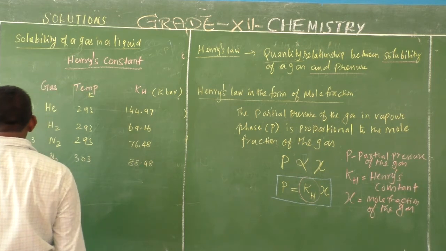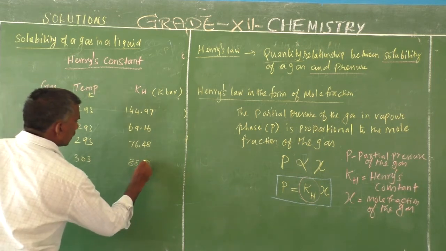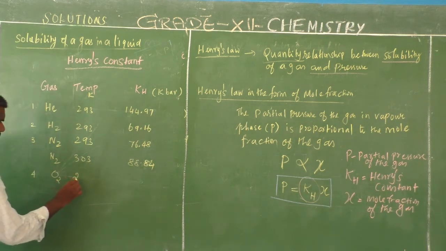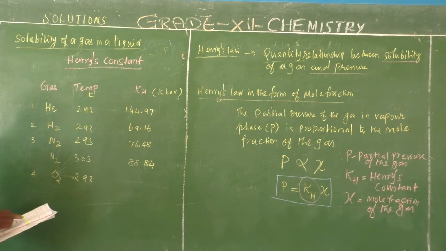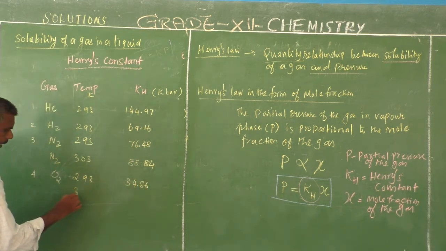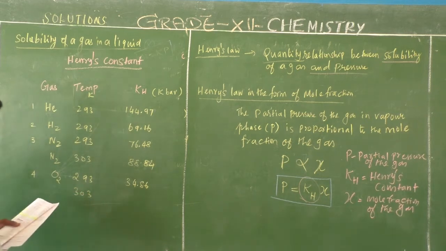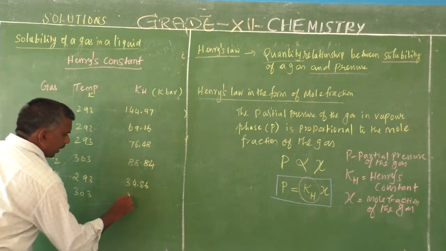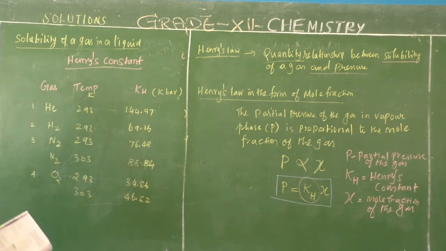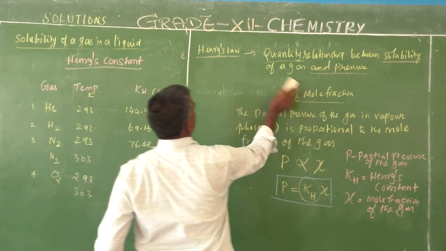88.48. 88.84. That is the fourth gas, oxygen. 293 Kelvin, Henry constant 34.86. And 303 Kelvin, what is the value? 46.8. And then next